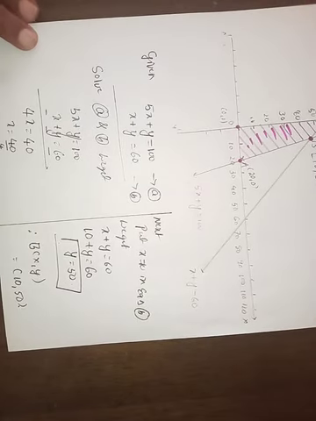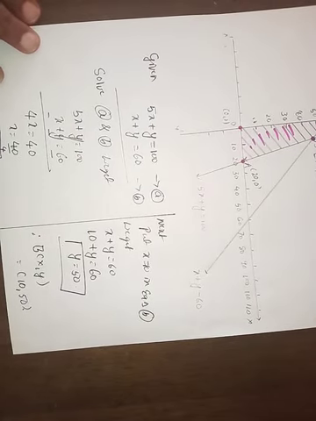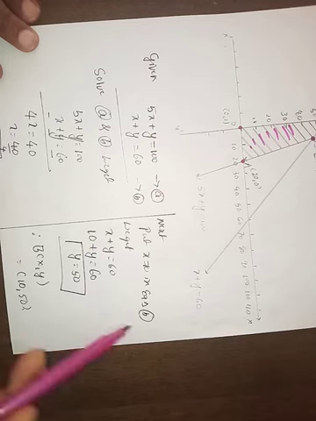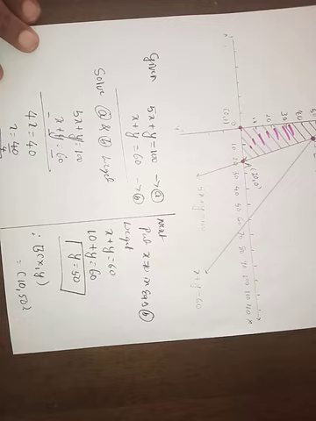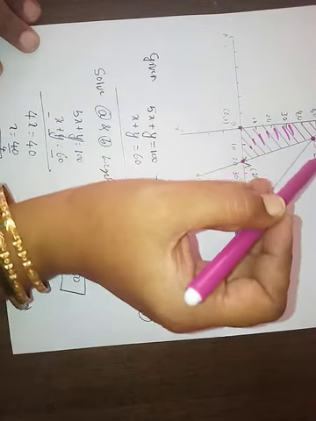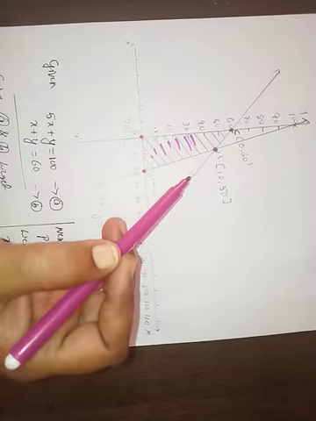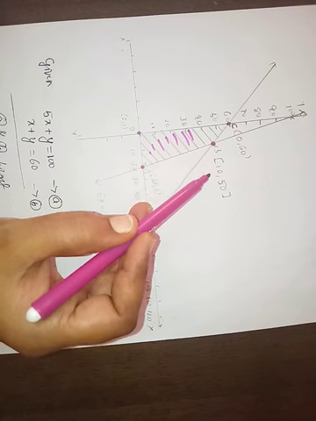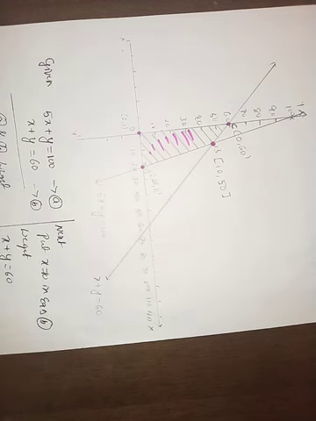Call them equations A and B. Solve A and B: 5x plus y equal to 100, x plus y equal to 60. Do the subtraction, we'll get 4x is 40, x is 10. Once we know the value of x, we can easily calculate the value of y. By substituting x equal to 10 in equation B, we'll get y equal to 50. Therefore, the point of intersection B of x, y is 10, 50.